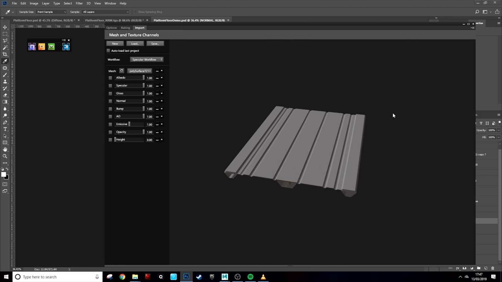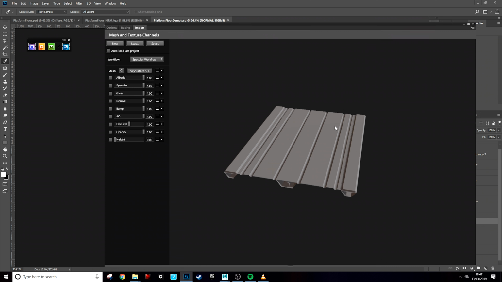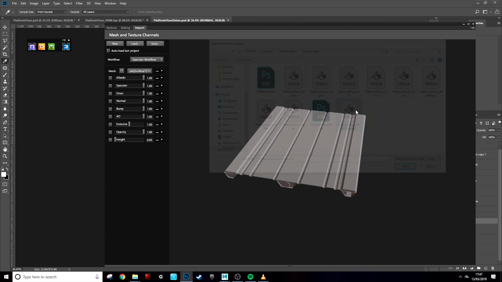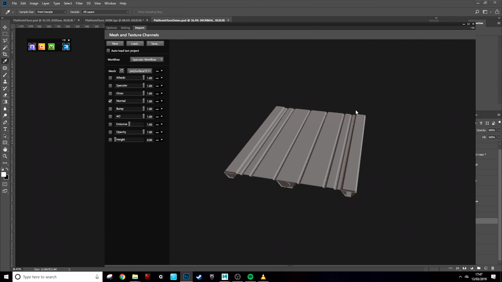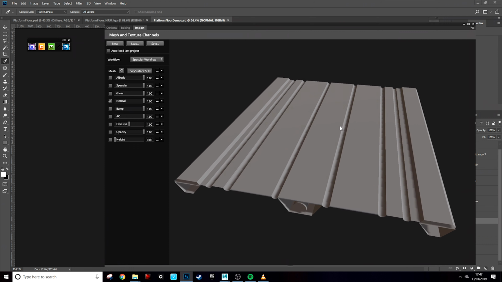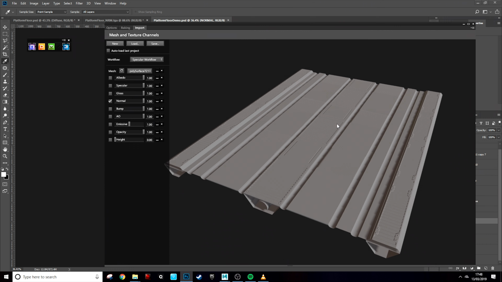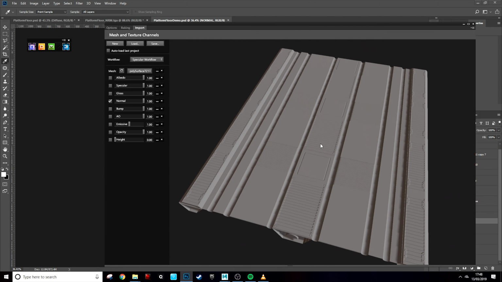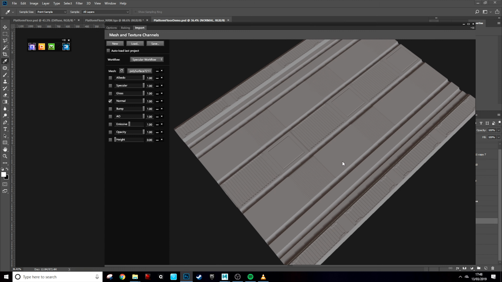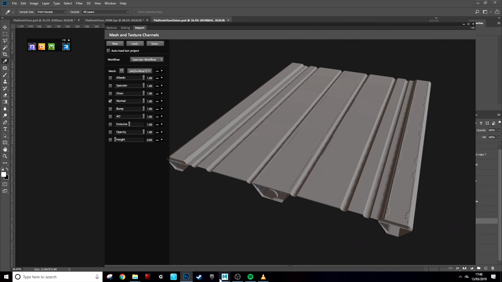I think if you hold Shift and right mouse button, it brings the light around, but we can play around with that in a minute. So what I want to do is load in this normal map. I'm just going to do it here. And there we go. So you can see what your normal map looks like in 3D, because putting it into